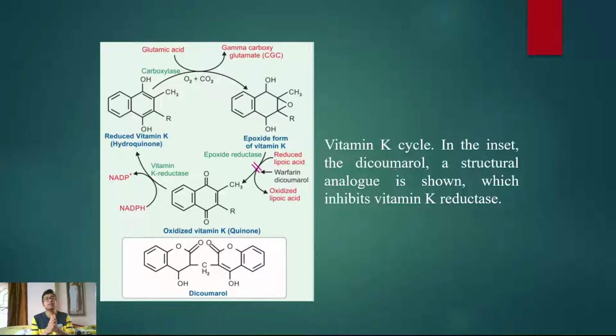Now this question, vitamin K cycle, is very important. This came multiple times as a short note, or it may be a part of a long question as well. Like vitamin A, Wald's visual cycle is very important. In vitamin K, two things you need to know. Number one is the general, it helps in gamma carboxylation of clotting factors, and the must know area is this vitamin K cycle, very important.